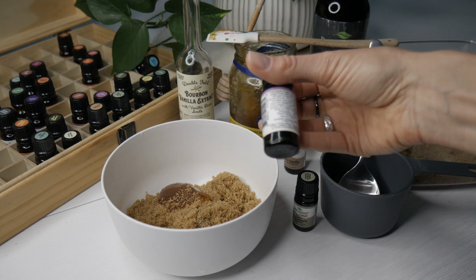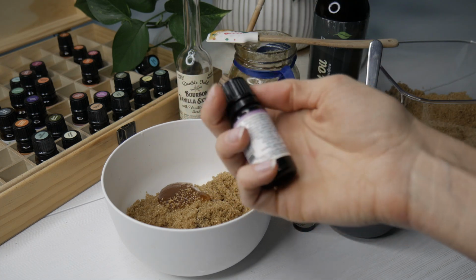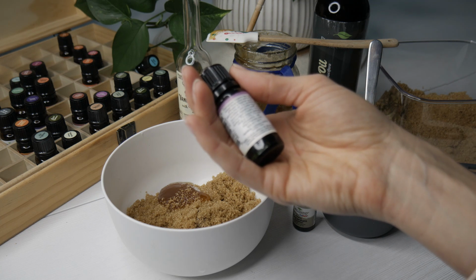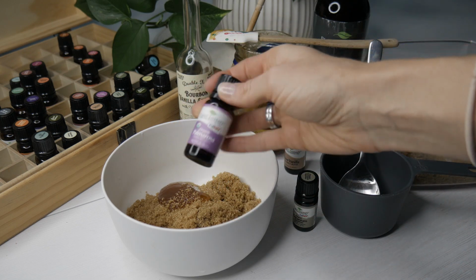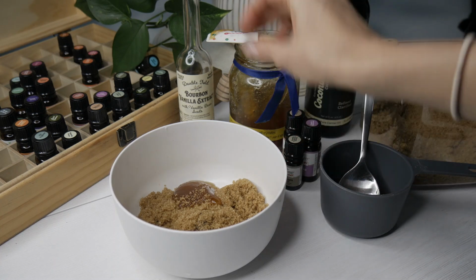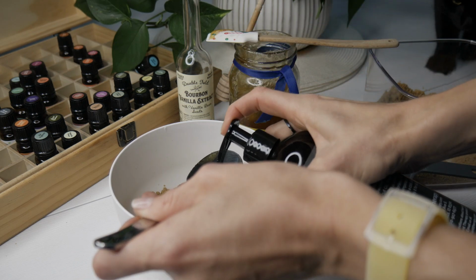Talking about Palmarosa, it has a very floral scent to it, and it is often diffused to freshen up and sanitize the air. It's also considered a good skin balancing oil, and it can also support digestive health, say if you want to gently use the scrub on your belly. So make your choices, do your research, or use whatever essential oils you have on hand, and for 3 drops of that, I would definitely want to use 2-3 tablespoons of